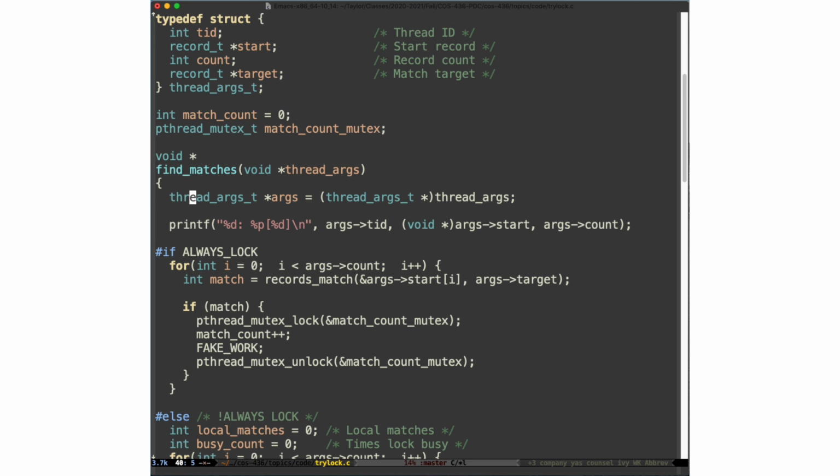So the same kind of thing is happening here, where I'm going to cast that void star that pthread_create passed into this function as a pointer to the thread_args structure, so that I can access the individual elements of that structure through this thread_args_t pointer. Okay, so that's just coercing the void star into a thread_args_t star,